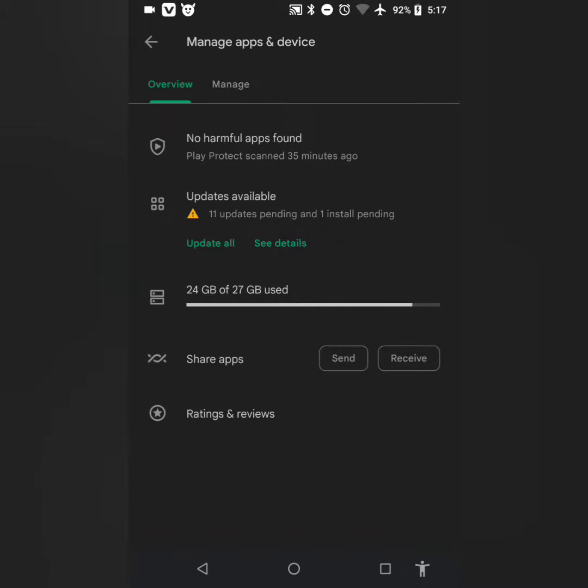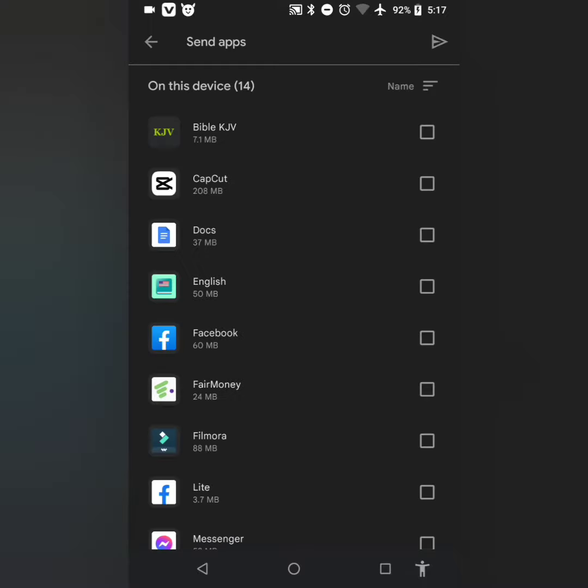Now you can see my phone is on airplane mode. So manage apps and devices, then you click on send. So you have another phone that will be receiving. You don't necessarily have to put on your data, just put it on airplane mode. Then click on the app you want to send. If I'm sending the dictionary, then I'll click this part,